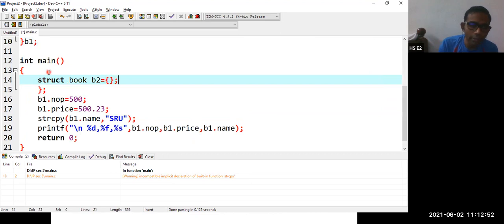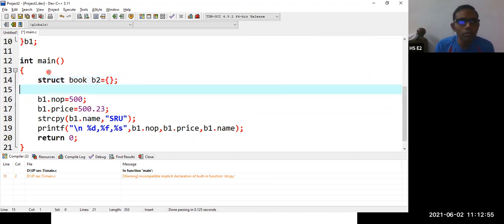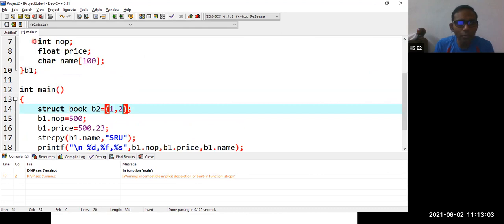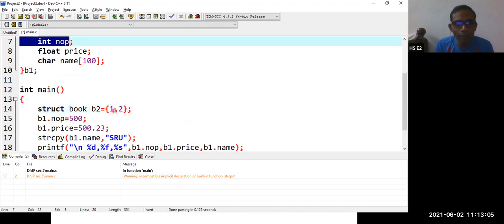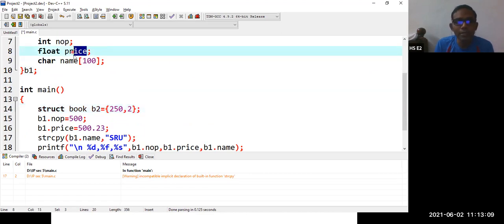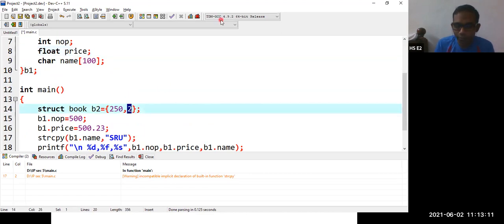equal to in. So here we can assign B2, its first value is 1, comma, 2 point. See, in the structure we have to follow the same order. First parameter will be number of pages. What is the number of pages? 250 number of pages. Then price is, say, the price of this book is 1200.00 comma, and the name of this book is